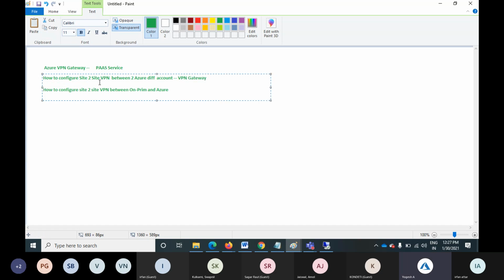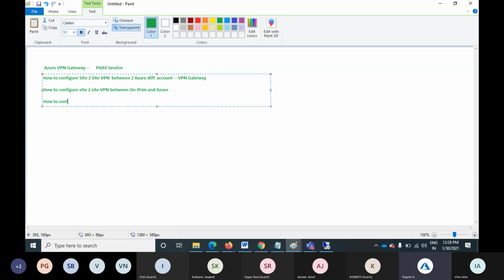In the first scenario, your source and destination are both on the Azure platform. In the second scenario, your source is your physical data center, where you have a FortiGate firewall, and that particular data center you want to connect to Microsoft Azure by using the site-to-site VPN. Okay, so we'll understand both scenarios, and if we get time today, then we'll understand